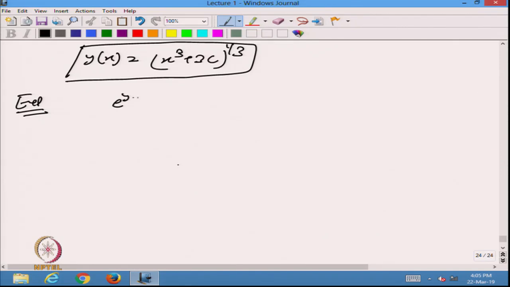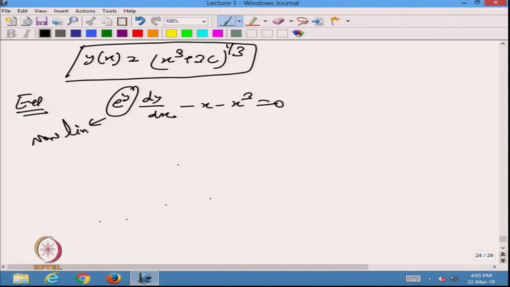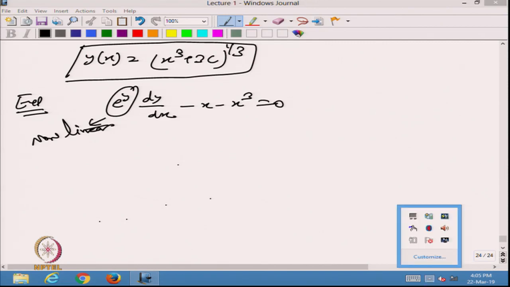I take another example: dy by dx multiplied by exponential of y minus x minus x cube equal to 0. So, in this case I have this exponential factor. So, I know that this is highly nonlinear. So, this is a nonlinear differential equation. But I want to solve this one, I do not know how to solve this one, but let us try to make it into a separable form. So, from here